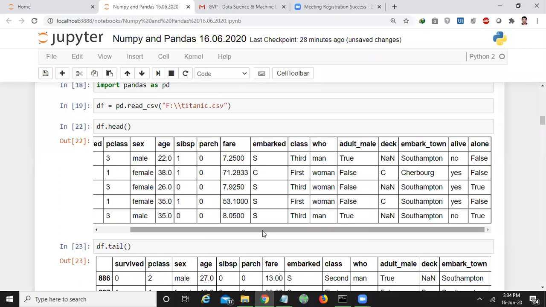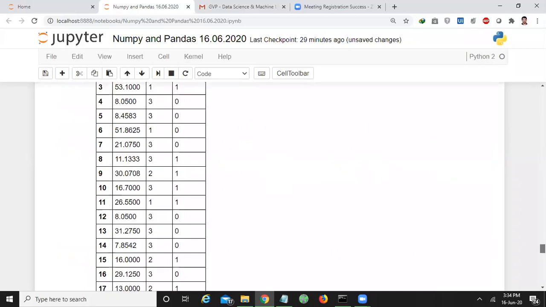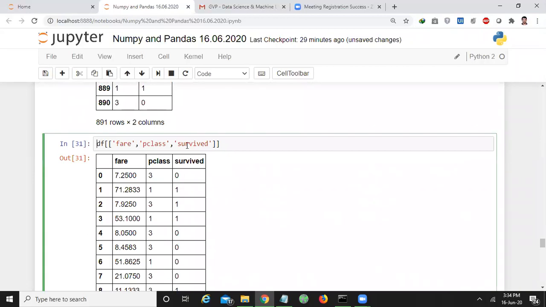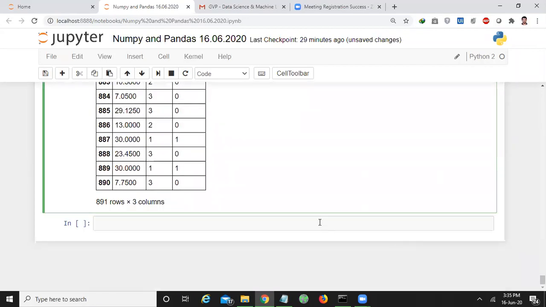But you are not interested in studying all the 15 columns. For your implementation or analysis or study, all the 15 columns may not be suitable. Then what you will do is select some columns for the study. So if I am retrieving only 3 columns, it means I am interested in studying only these 3 columns. I don't bother about the remaining columns. Am I clear?